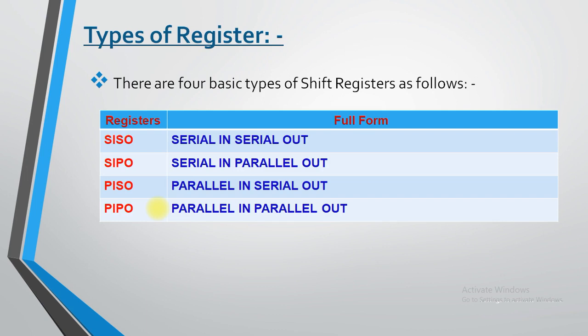So these all are the names of registers which you can use as per your requirement. Say for example, if you want to transfer your data in the form of serial only, that means if I want to input my data in the serial form and I want to output my data in the serial form, at that time I need to use the first register type, which is known as serial in, serial out register. So from the name only you are able to get the concept that this particular register contains this particular functionality.